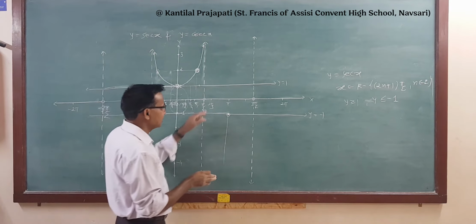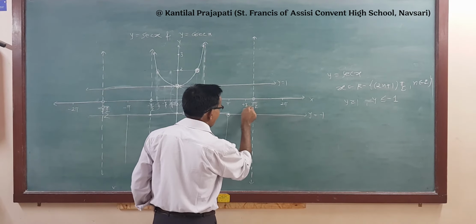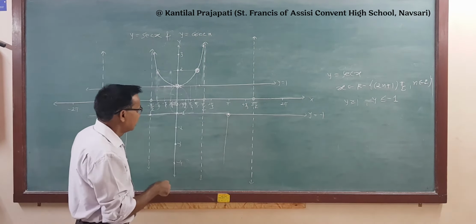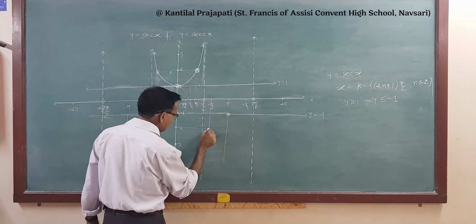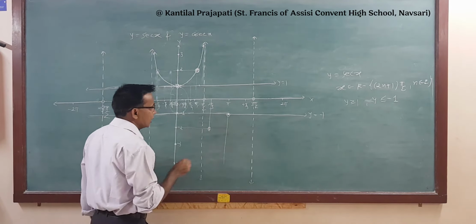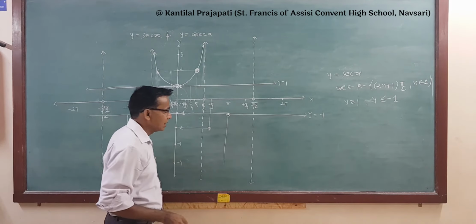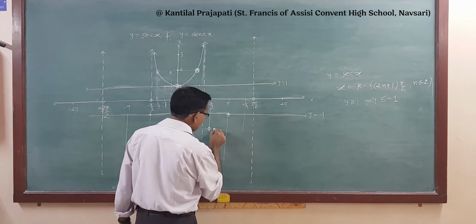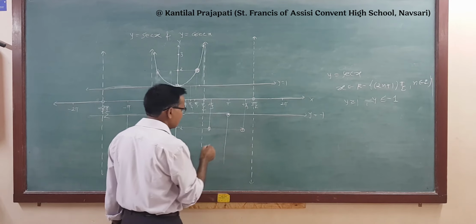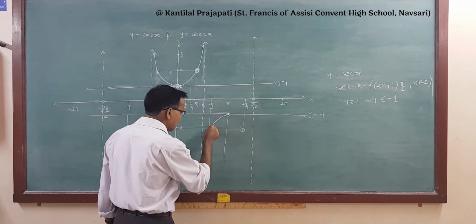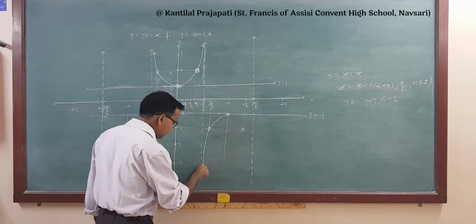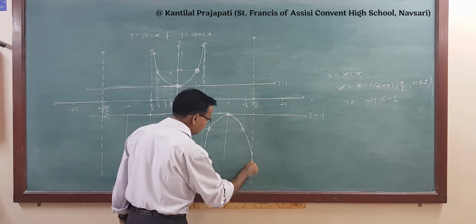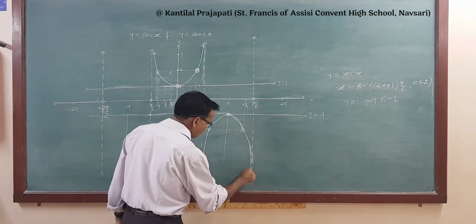Pi plus pi by 3 is 4 pi by 3. And 2 pi by 3 lies in which quadrant? Second quadrant. In the second quadrant, sec is negative, so you get minus 2 here. Similarly, 4 pi by 3 lies in the third quadrant. In the third quadrant also sec is negative, and its value is also minus 2. So we put the points, now join all the points in order, and you get this shape here, and also this side.